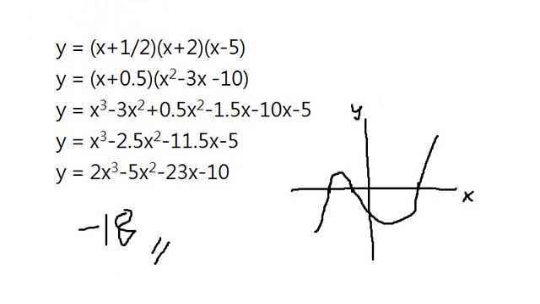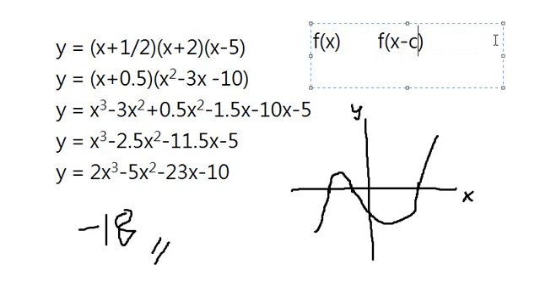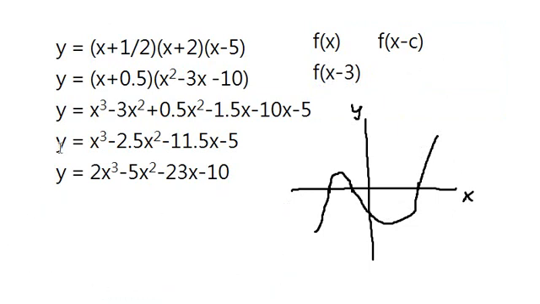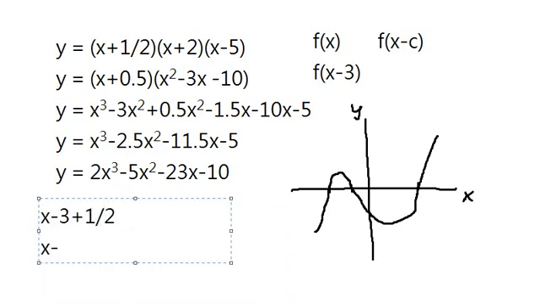if you translate f(x) to the right, it will become f(x minus c), and c is the amount by which it moved. So in this case, this graph moves right 3, so f(x minus 3) is what you want, and so in each of these factors you put x minus 3. So in this case, the first factor, which was x plus a half, becomes x minus 3 plus a half, which is x minus 2